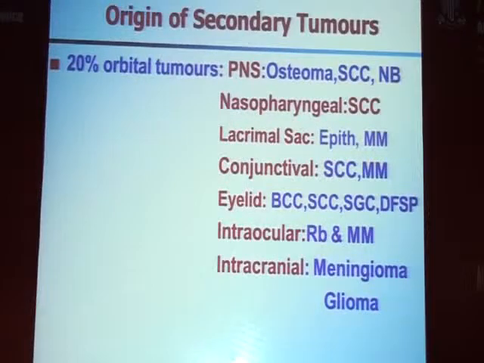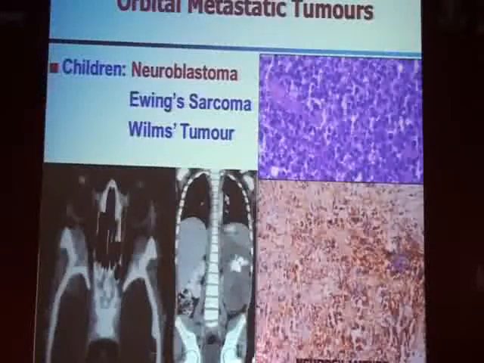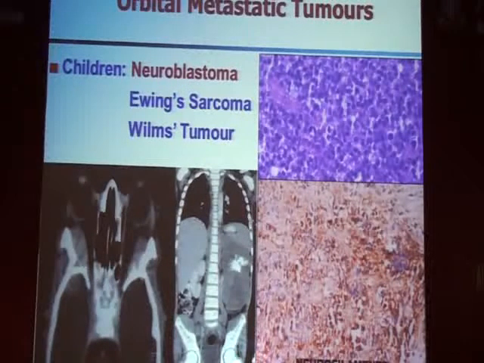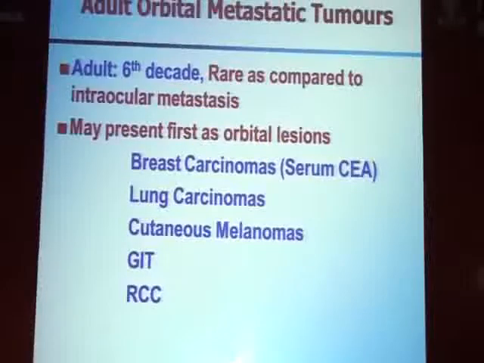And finally, now the metastatic tumors and the secondary tumors, they form a big chunk, 20% of the tumors. We have tumors from the eyelid, from the conjunctiva, from the intraocular spaces, as well as from the meninges. They all infiltrate the orbit. In children, the neuroblastomas are very common. Dr. Vishnu talked about it. These are diagnosed as small round cell tumors, which are positive for neurofilaments. In adults, intraorbital metastasis is much rarer. Intraocular is commoner.